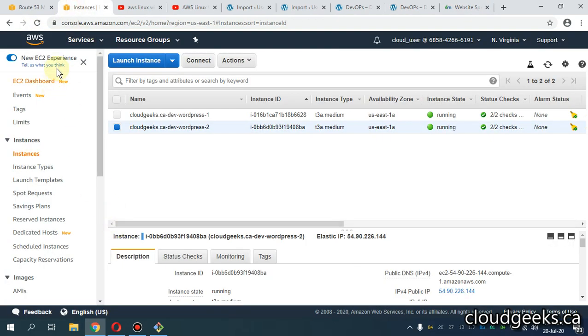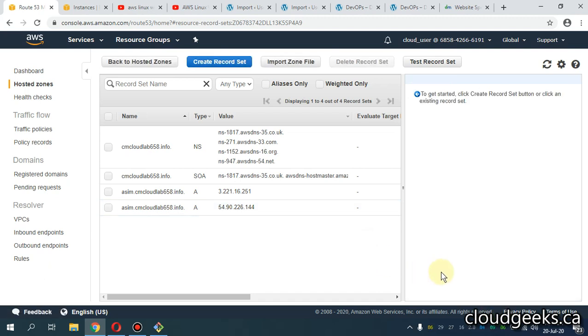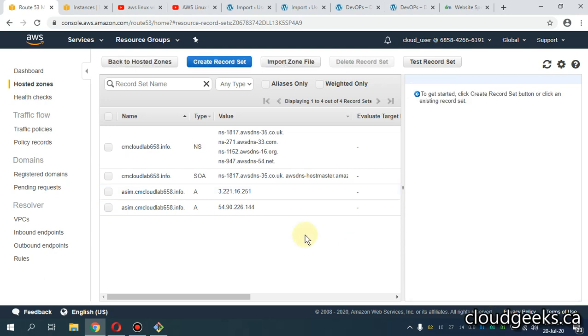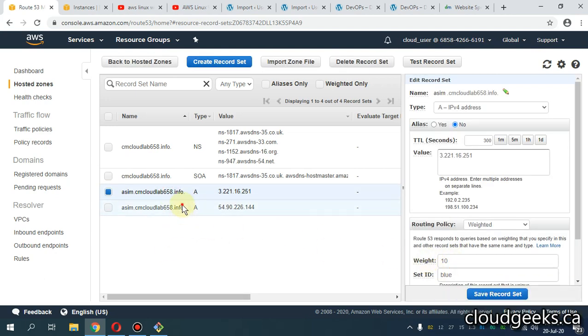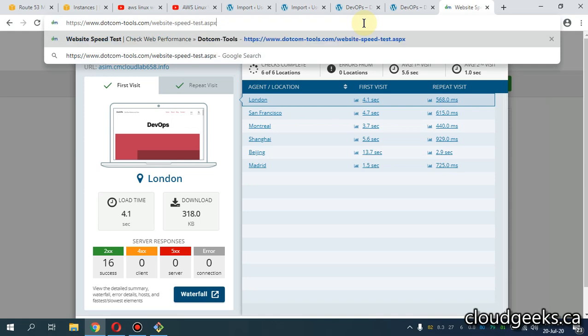Now what I'm going to do is simply alter this percentage, and I'm going to call this 10% to blue and 90% to green. Let it save, and we see that we have saved the settings. Okay, I have to save it again. So this is 10% now, and green is the 90% now. So what I'm going to do is again navigate to